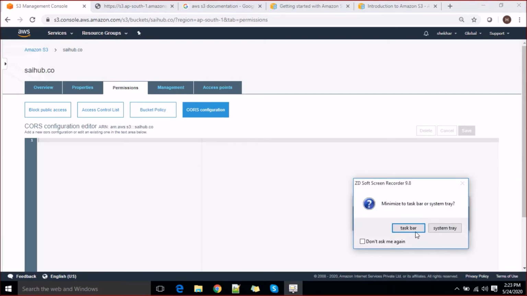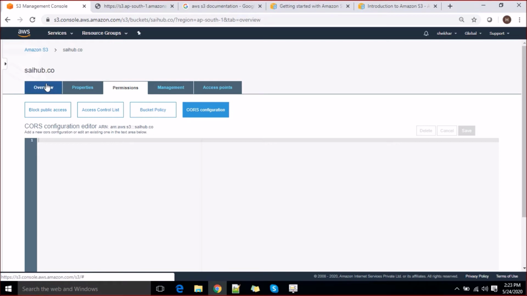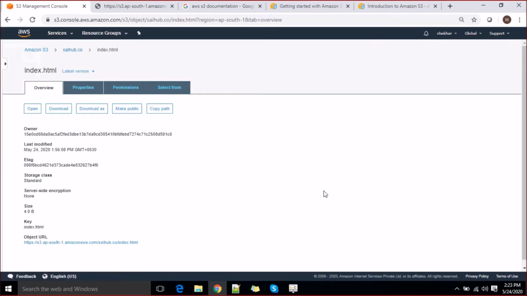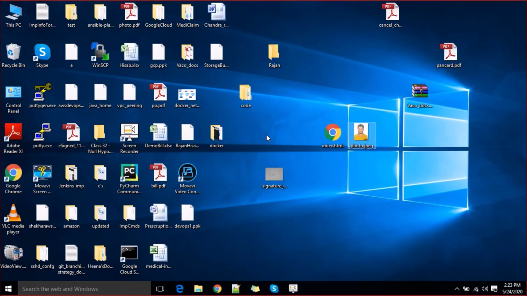Okay, so when we talk about versioning, whenever you make any changes, you update anything here, let's say even if you are making changes to the index.html file, where is that file? Have I moved it? Okay, this is the page here.